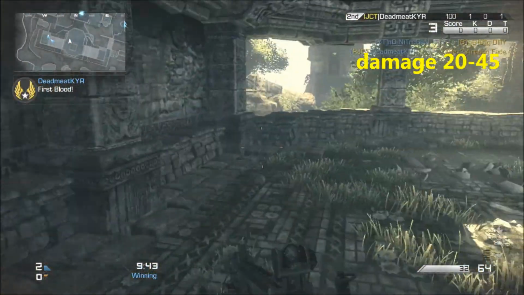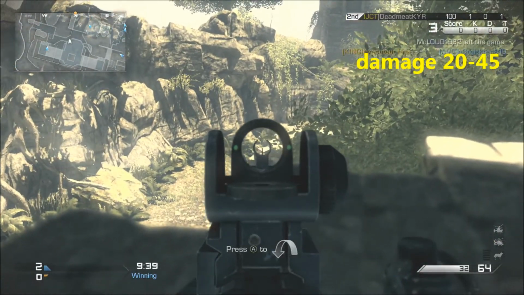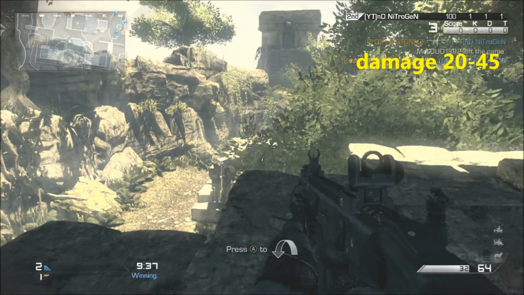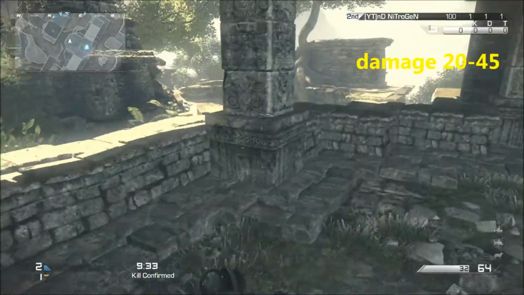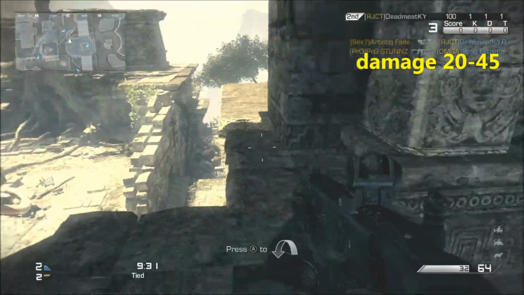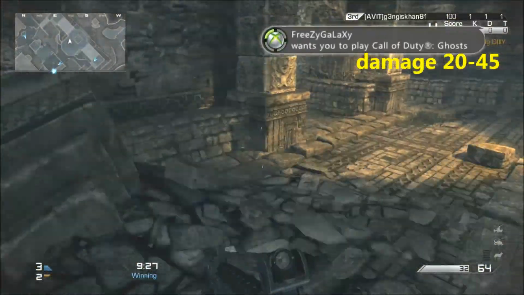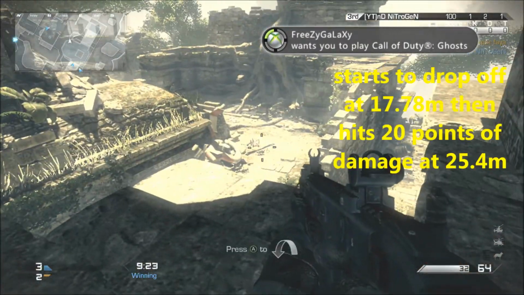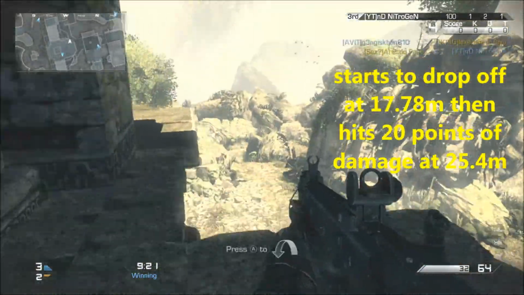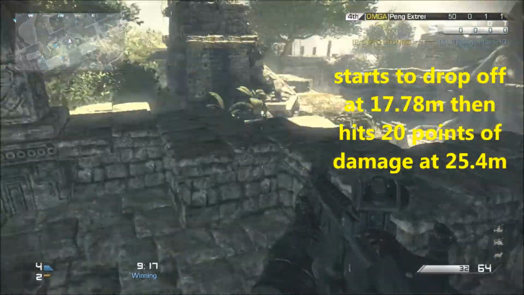So the damage is 20 to 45. 20 is quite a low minimum, one of the lower ones, but 45 is a decent, actually quite a bit above what I would call medium, so it's bordering on high damage. It's a submachine gun, so it's going to be putting out a quick rate of fire, meaning you're going to be doing a lot more. It starts to drop off at 17.78 meters, then hits 20 points of damage at 25.4